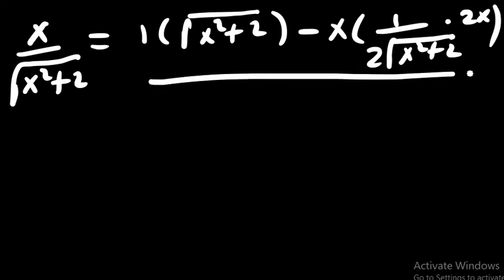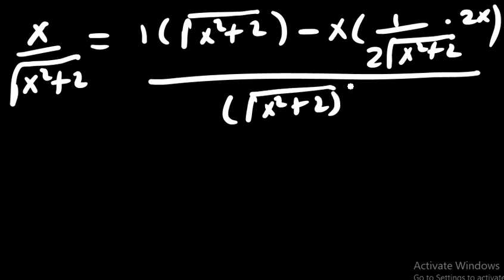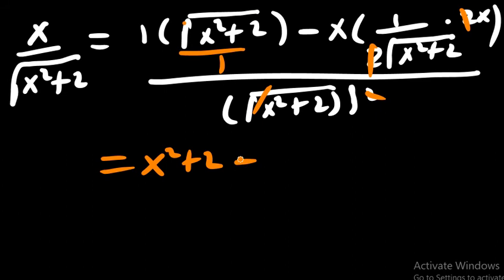I have to complete it here. The whole over the square of this one. I'm going to square it, that means the square root of x square plus 2. When you square it, the radical will be removed. So this radical will be removed by the square. Here again 2 cancels with 2, and then crisscross. When you multiply crisscross, the 2 and the square root cancel out, and what remains? x square plus 2 remains, minus x times x, which is x square,